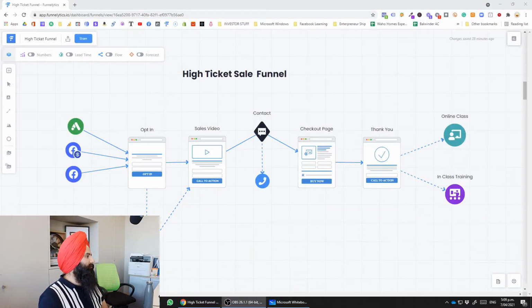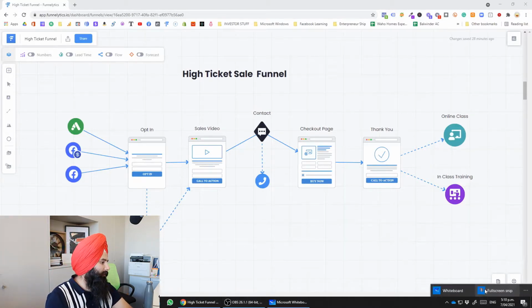There are heaps of questions I received from my friends and other people. They always ask what a sales funnel is. Basically this is the latest step that has replaced the website: you can say sales funnels have replaced websites. So on the screen we have the high ticket sales funnel, which I always use for my courses. Let's understand the concept and how it works.